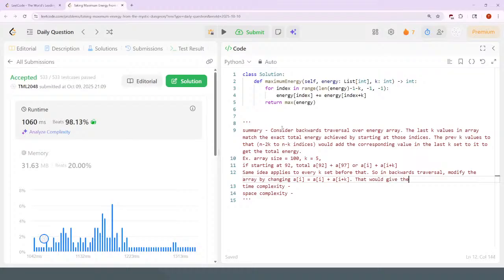That would give the correct total starting at I. Keep doing that for all indices, then return the maximum in place, or maximum value of this modified array,